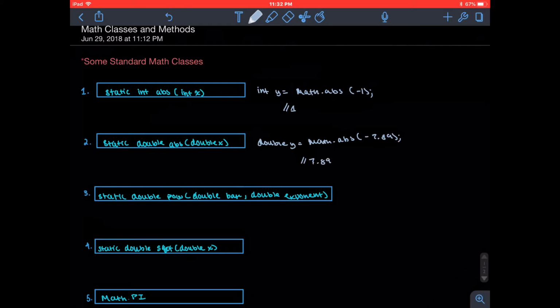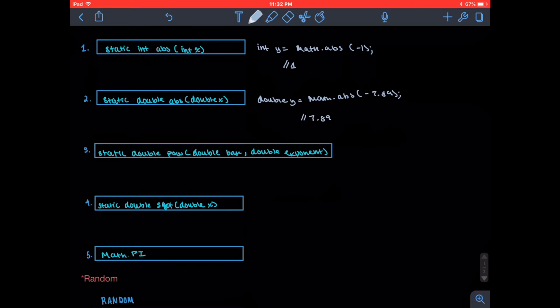All right. So, static double pow, double base, double exponent. Those are our parameters for that method. This is going to calculate something to the power of something. So we would write double y is equal to math.pow. Let's say I want 5 cubed. I'm going to say 5, which is our base, and then 3. Now this is going to be 5 cubed, and if I do my math right,